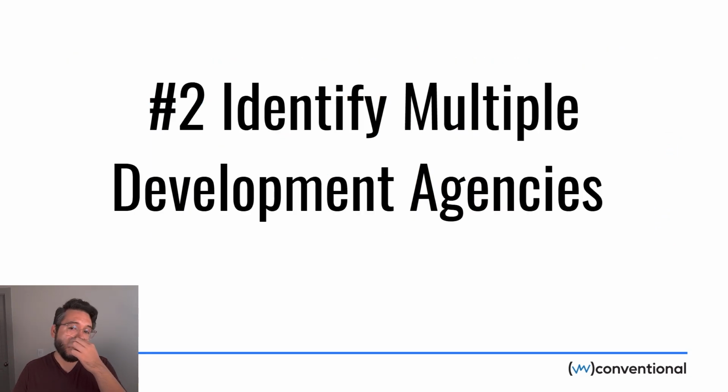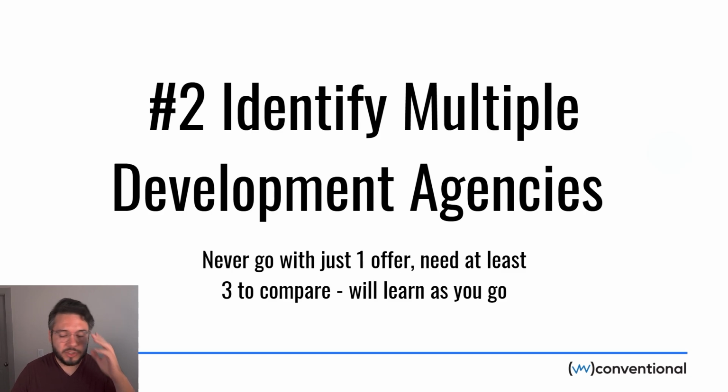Next, identify multiple development agencies. This is just the golden rule. You never go with the first offer because everything sounds good if you're a good salesperson. You can have horrible development agencies where the founder just has great people skills and therefore they make 500 grand a month, right? But all their customers are pissed. And if you don't do the right due diligence on them, meaning check them out and make sure they're legit and quality, et cetera, then you're going to be, again, one more very unsatisfied customer in their bucket.